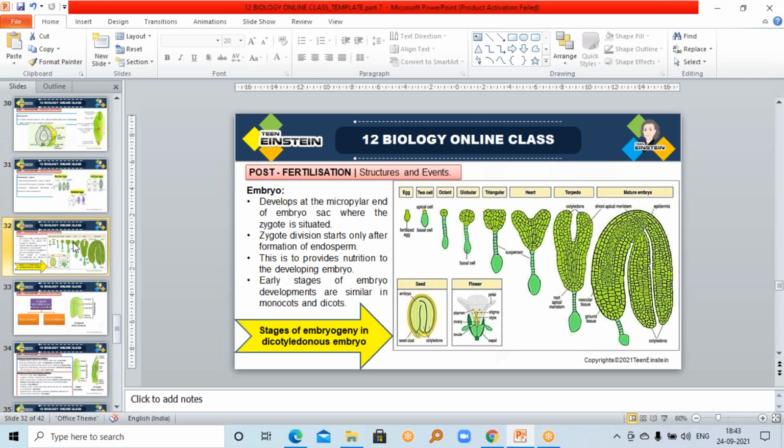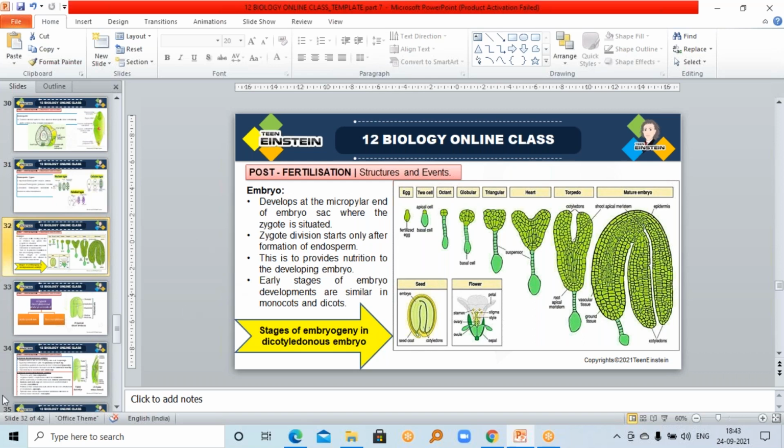So to make sure of nutrient availability, only after the development of endosperm does embryo development start, because it is assuring the nutrient availability. So the embryo develops at the micropylar end, right? At the micropylar end, that embryo develops,